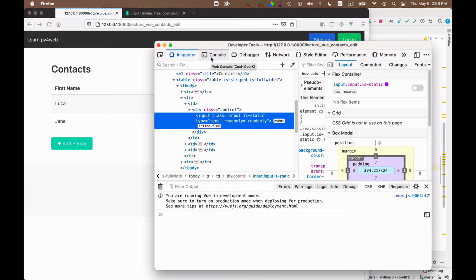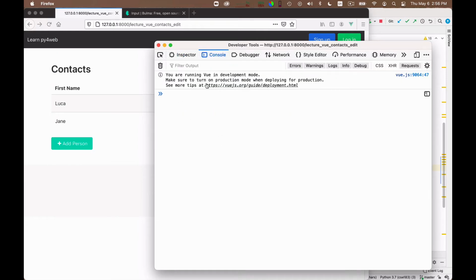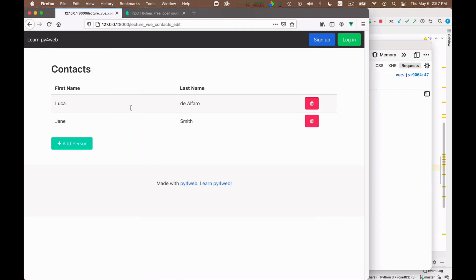The other thing you should always check when you reload the page is the console, and we see no errors. Otherwise you would see some reddish indication that an error occurred and you would need to take care of it. So far so good. We haven't blown up anything yet. It's true we haven't blown up anything yet, but it's also true, unfortunately, that this does exactly nothing. I can click as much as I want. No success. So what we need to do now is add the behavior to these.